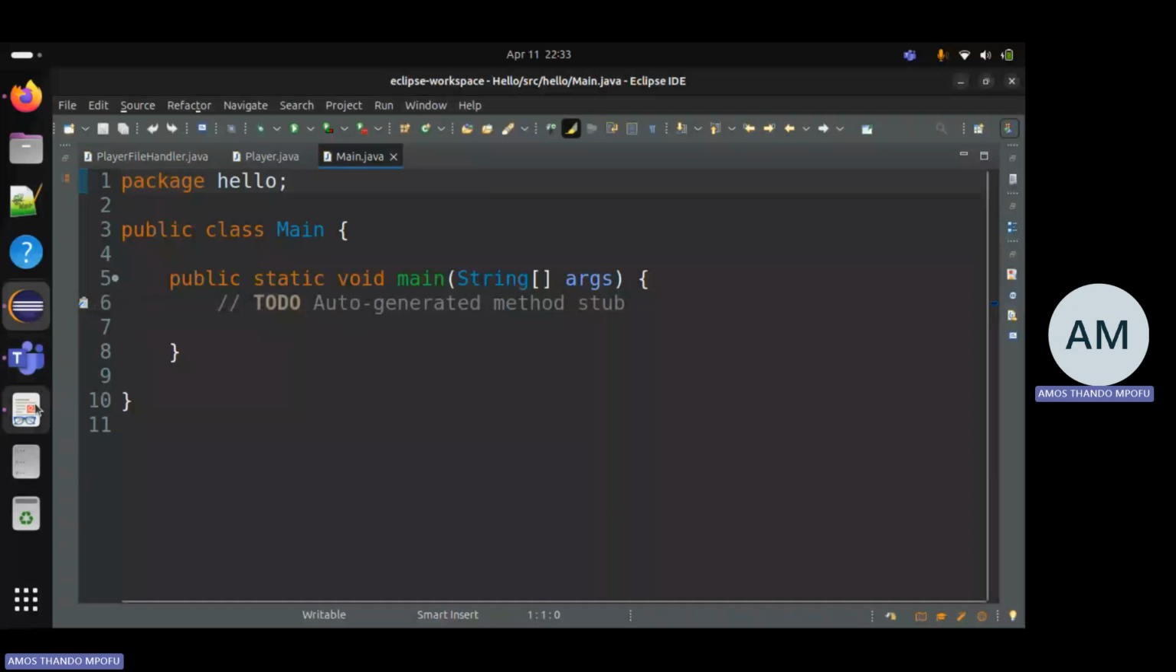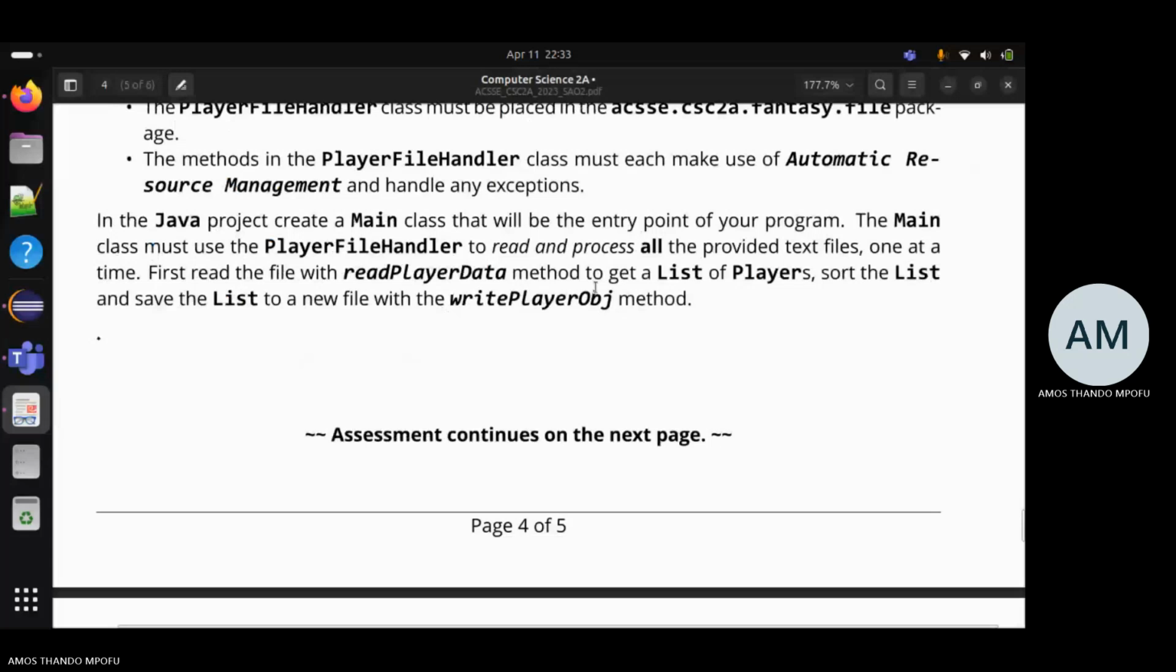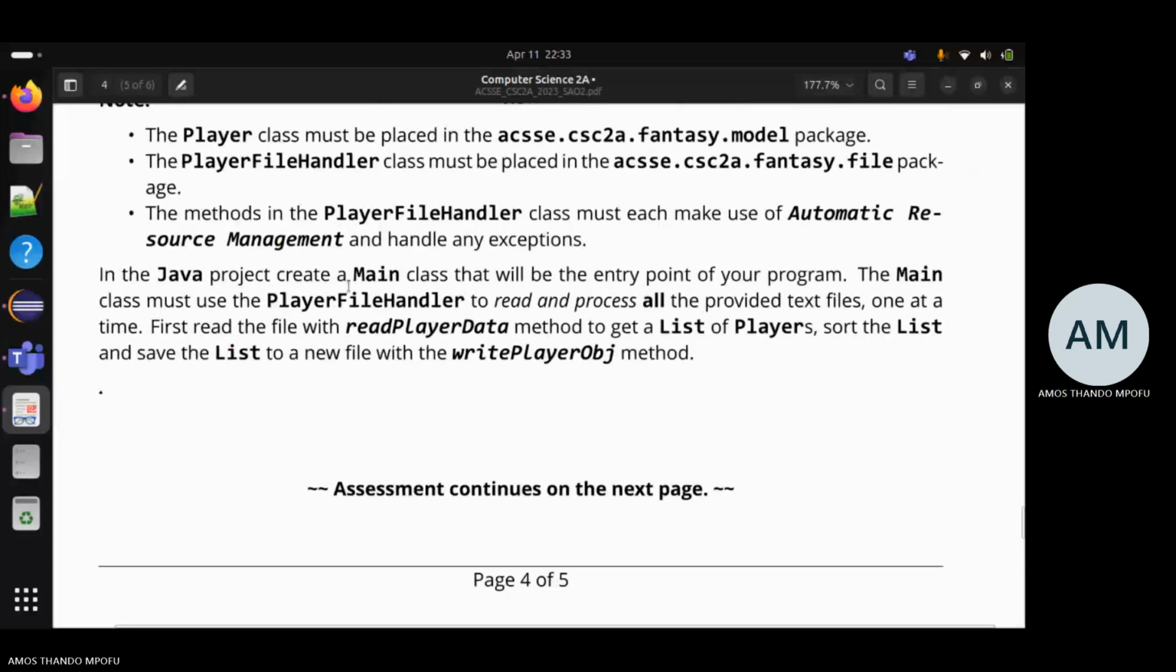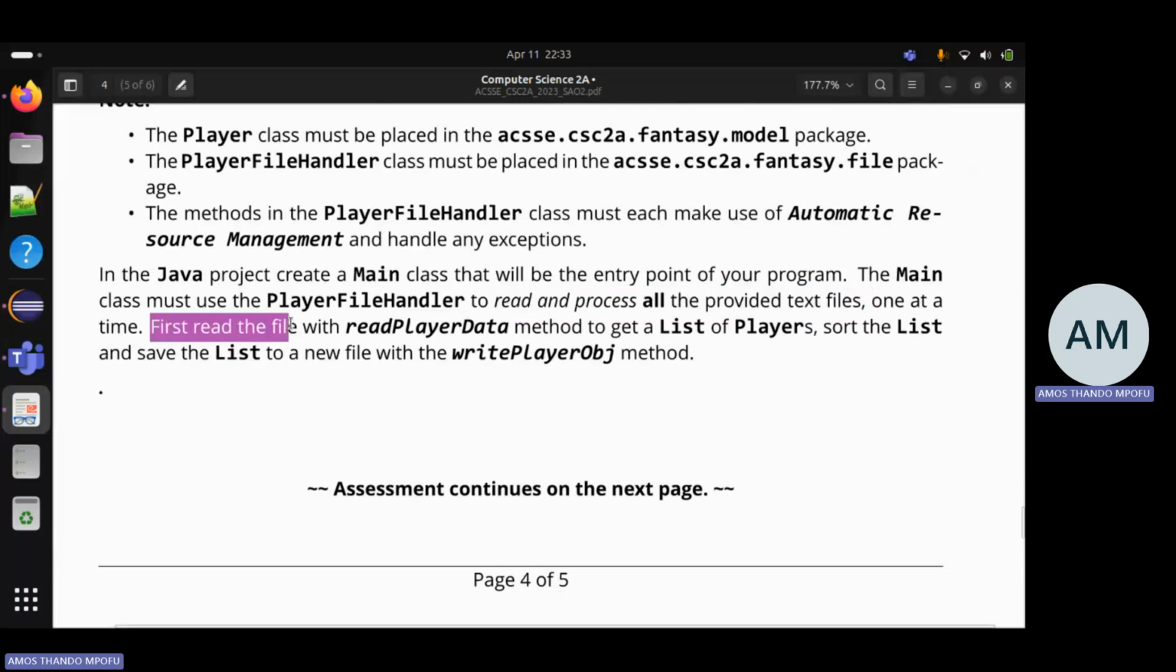So let's see what they said we should do. I need to read the instructions carefully. In the Java project, create the main class that will be the entry point of your main program. The main class must make use of the file handler to read and process all the provided text files one at a time. Okay, so we're reading all the files. First, read the file with the read player data method to get a list of players. Sort the list and save the list to a new file with